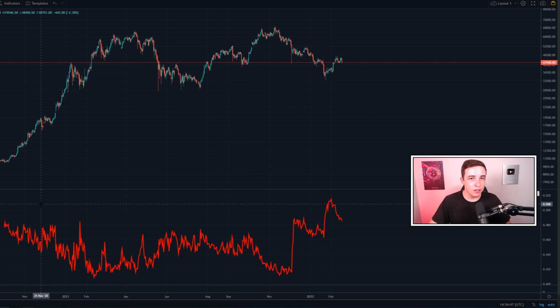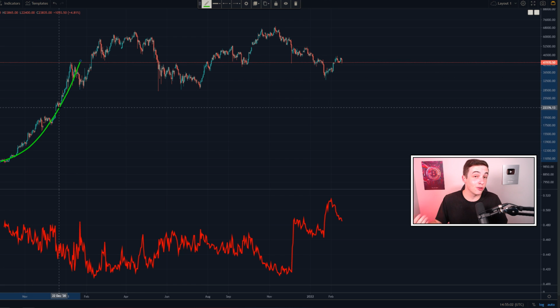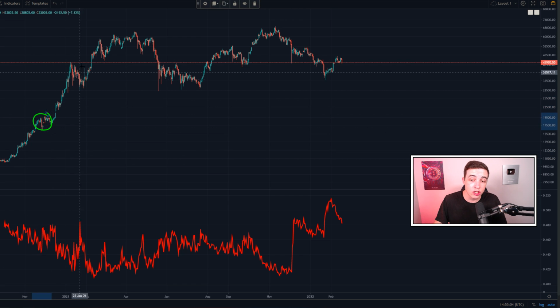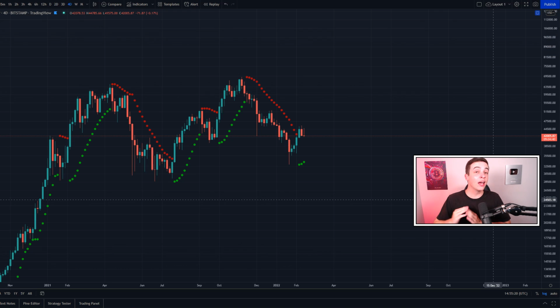And more of an extreme example of this happening was the end of 2020 leading into the beginning of 2021. We obviously saw a major downtrend in the Bitcoin short positions, and during that same time period, we saw a major uptrend in the Bitcoin price, but once again, we saw a lot of short-term bearish price action along the way.